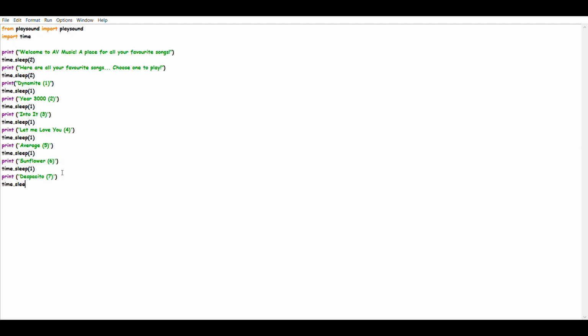Time dot sleep. Now I'm going to give it a little more time so that the user can actually read all of their songs and decide which one he wants to put first.